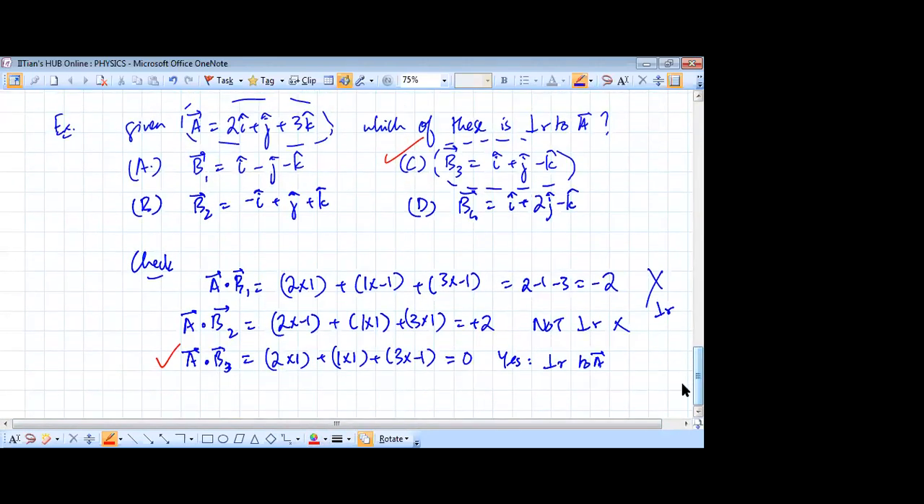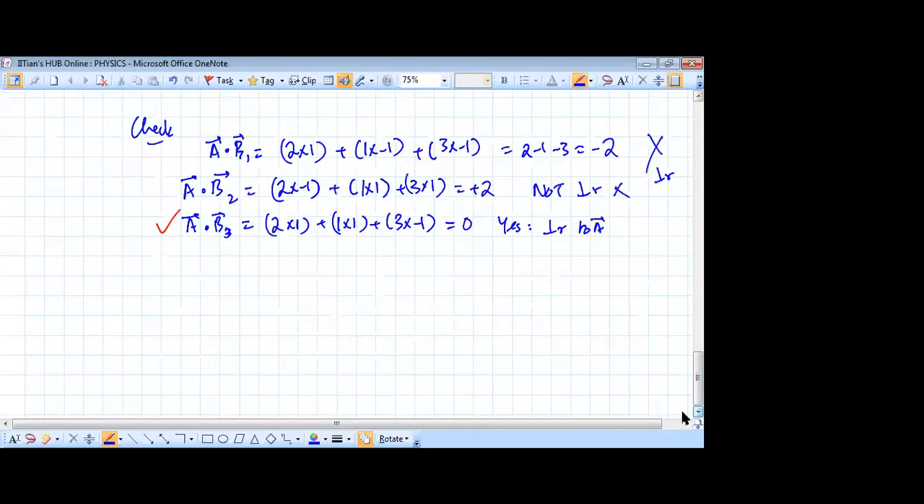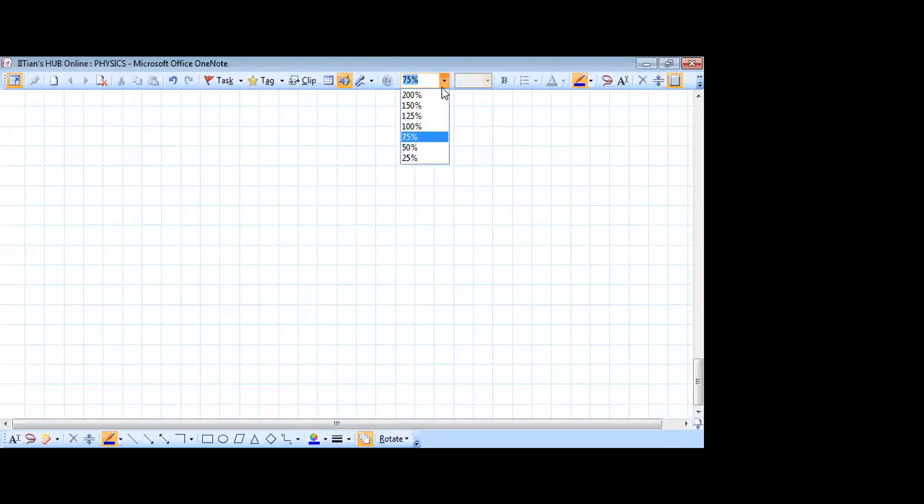All right, is this clear? Okay. Now next application of dot product is to find the angle between